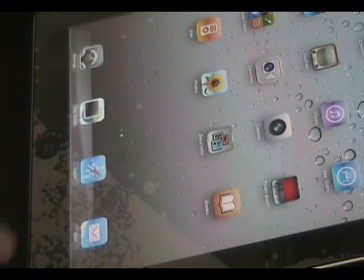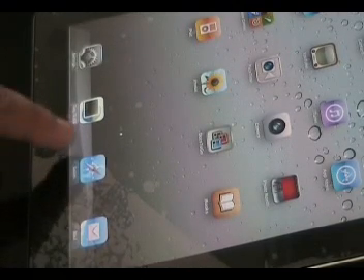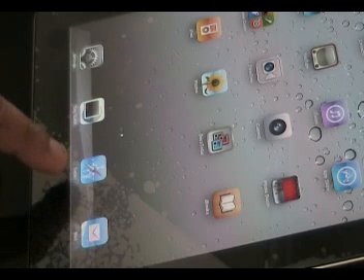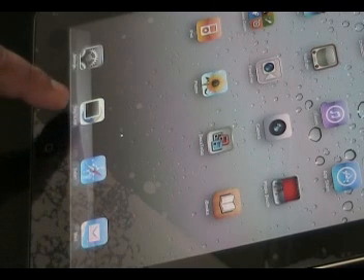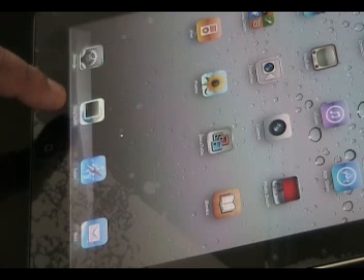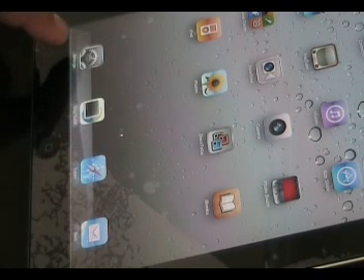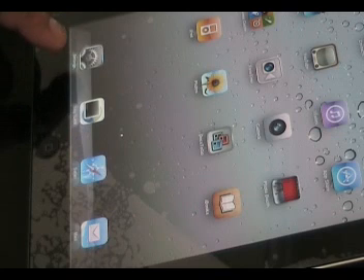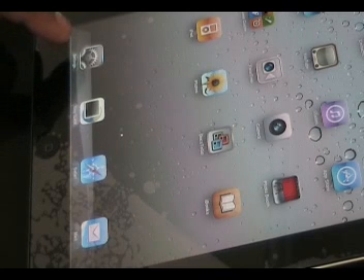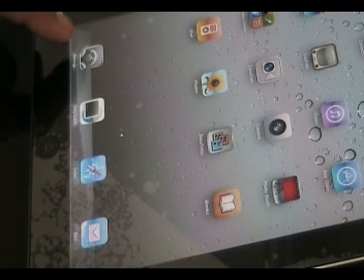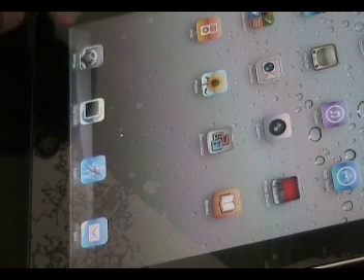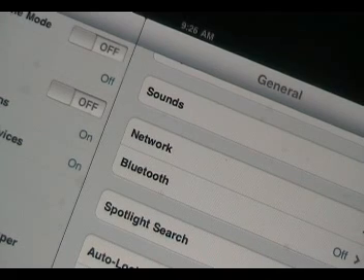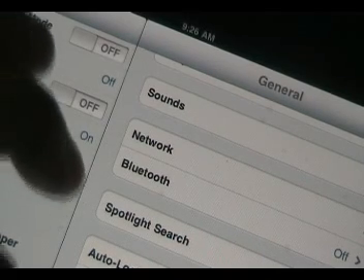The main important ones: you've got your email, you've got Safari, which is just your web browser. This is your terminal to log into the Red Seal server, and this is where all the settings are done, and this is where we will focus on trying to get yourself connected to the internet and connect to the VPN as well. If you click on Settings, in the settings here you will find all the settings